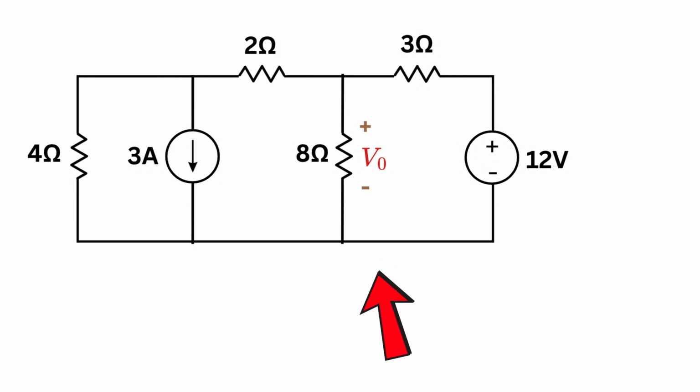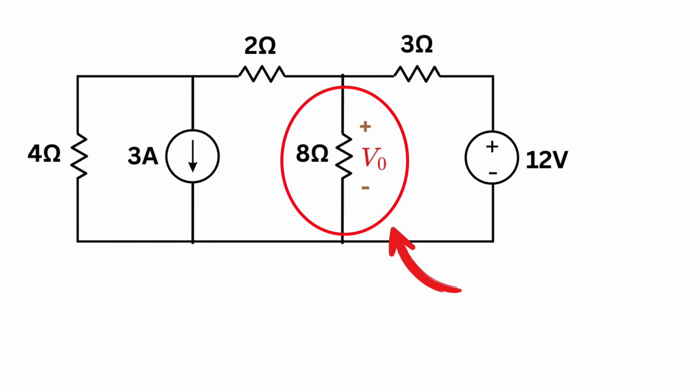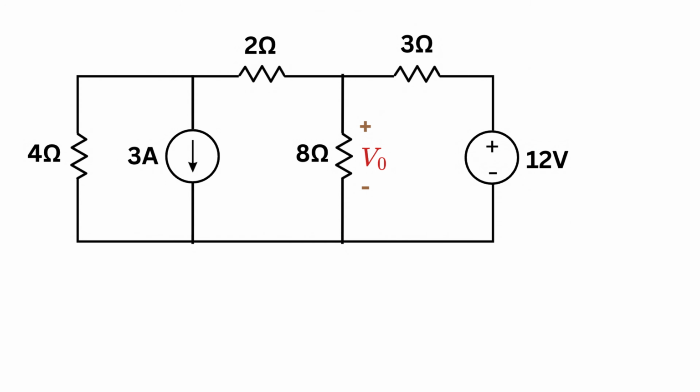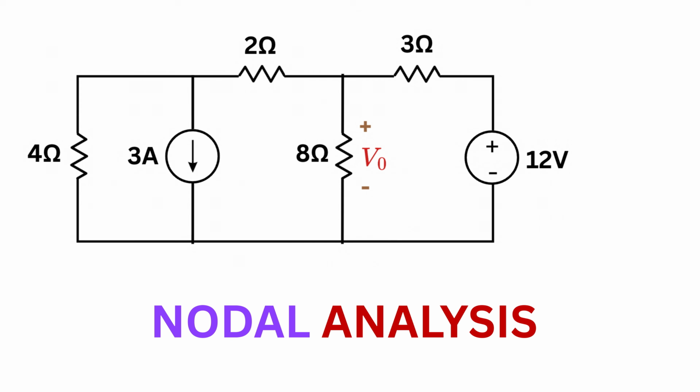Look at this circuit closely. We have multiple resistors, multiple loops, a voltage source, and a current source. Now suppose we want to find the output voltage V0 across the 8-ohm resistor, then what should we do? We have multiple different methods to tackle this question, but today we will be solving this problem using the nodal